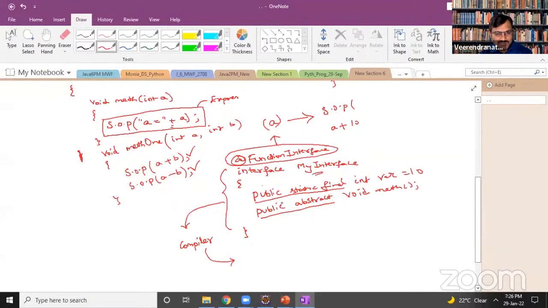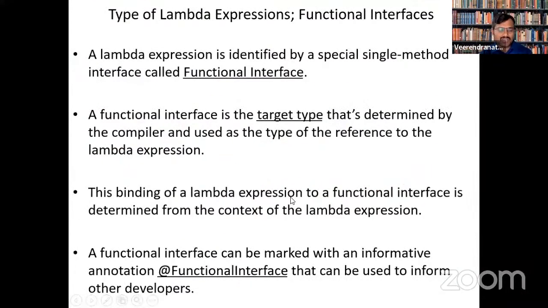The interface with a single method is regarded as the functional interface. That is where you are trying to inform the developers who are looking at your program. That is what happens generally in the real environment: you may not be the one using your own program, others will be using it.